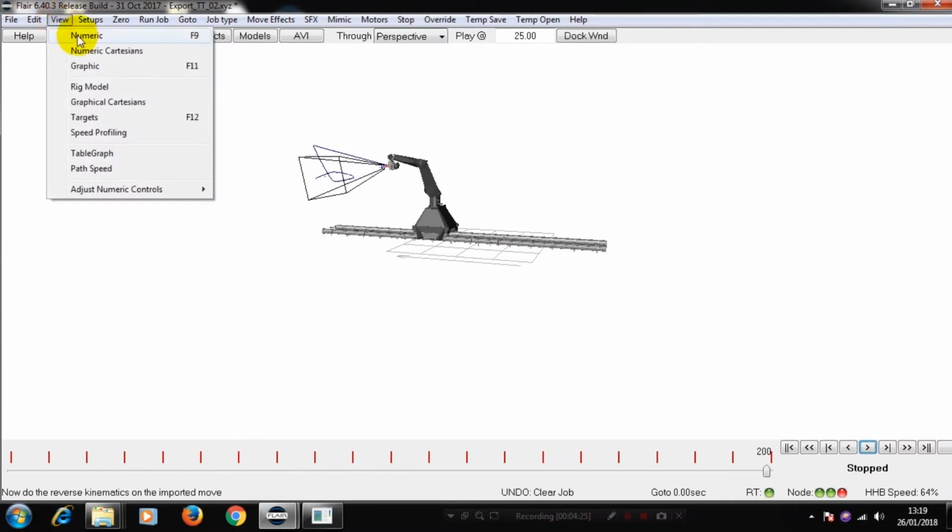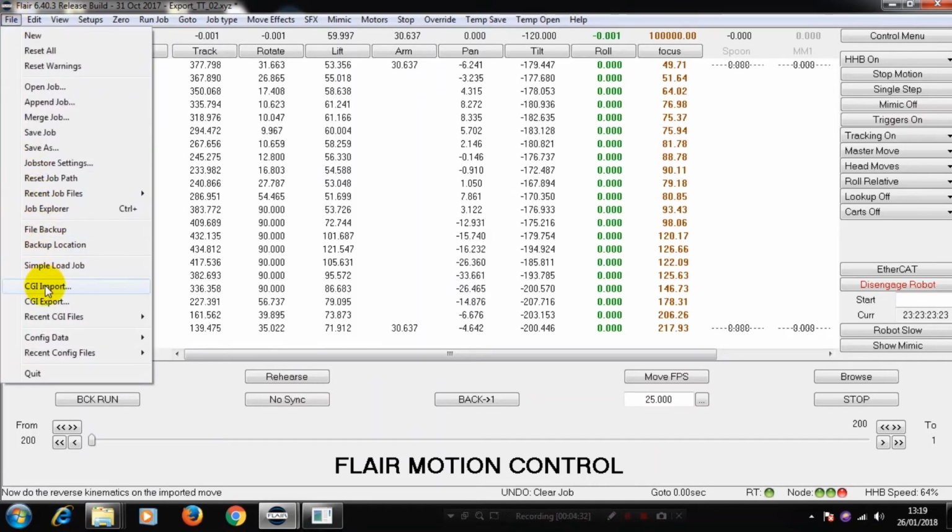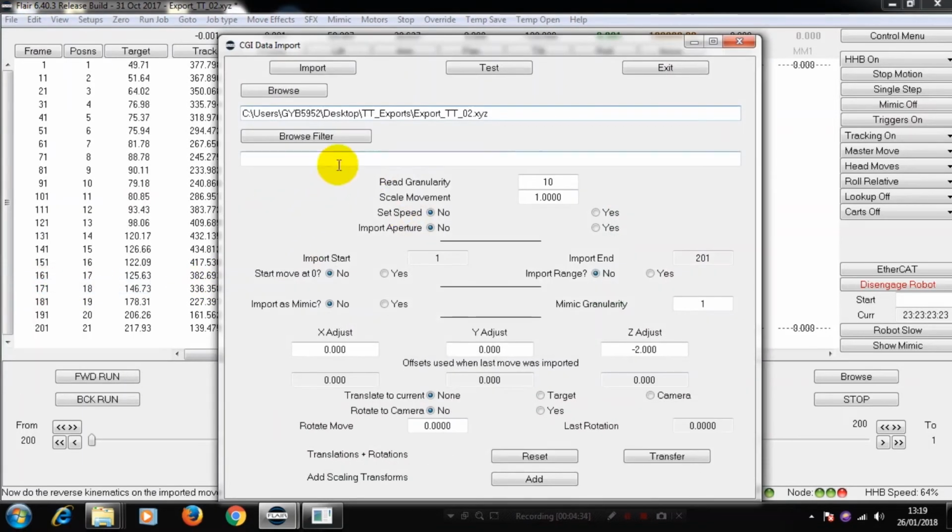Okay, let's go back and try importing again. It only takes a few moments to do each import, so this is the easiest way to iterate to a correct setup. I'm going to bring it back 3 meters in X, so it is in the center of my rail. I'm also going to bring it down another meter in Z, so it is at a more usable height. Importing again,